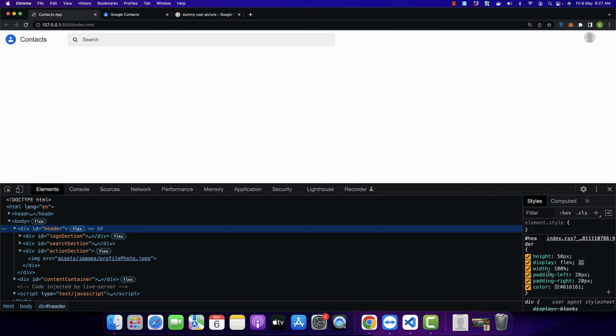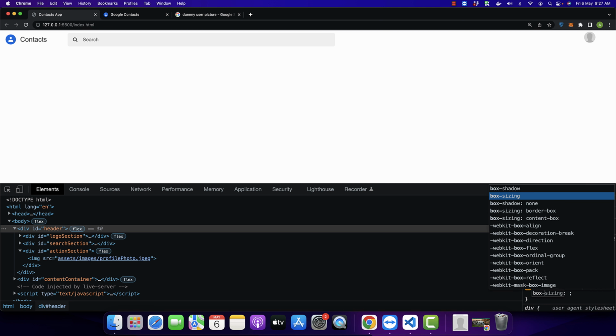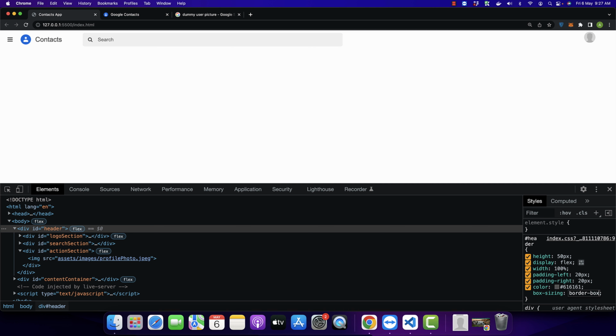Maybe it is because of the padding. To fix this kind of issue, we normally use box-sizing: border-box. Let's see. Yes, that fixed the problem. So actually,